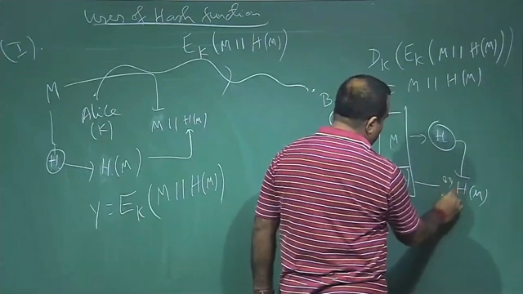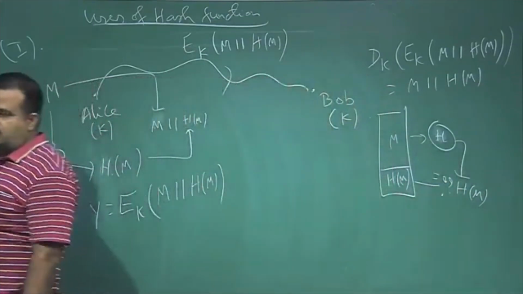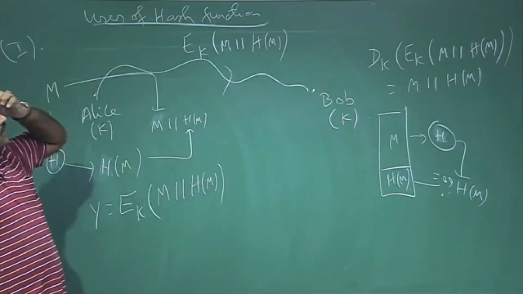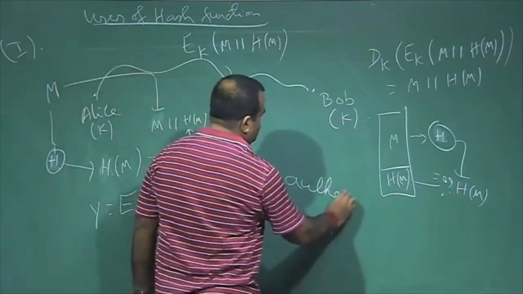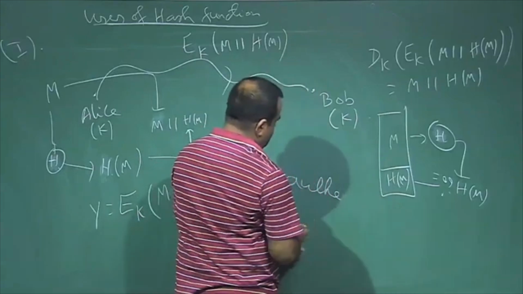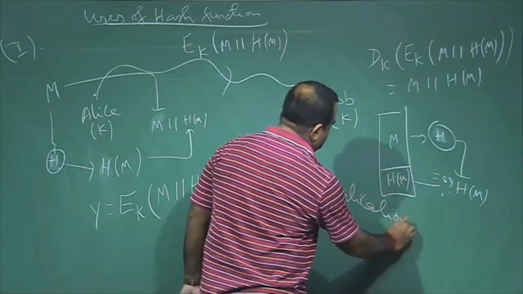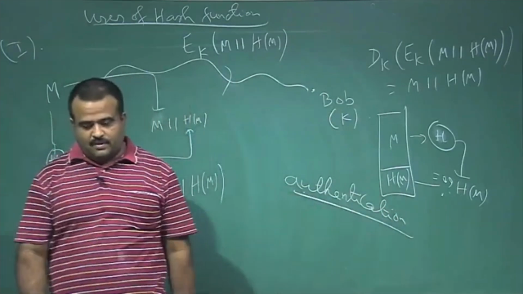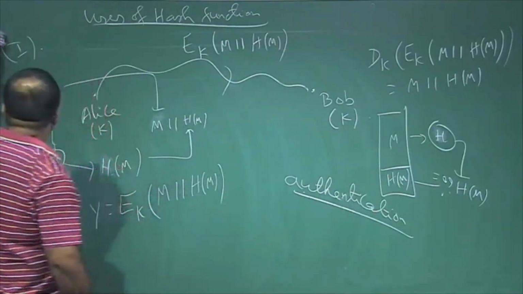Bob will check whether these two values are the same or not. If these two values are the same, then Bob will be sure that the message is coming from Alice. So, authentication is done. If these two are matching, then the message is coming from Alice. So, this is one use. Now, the second one is